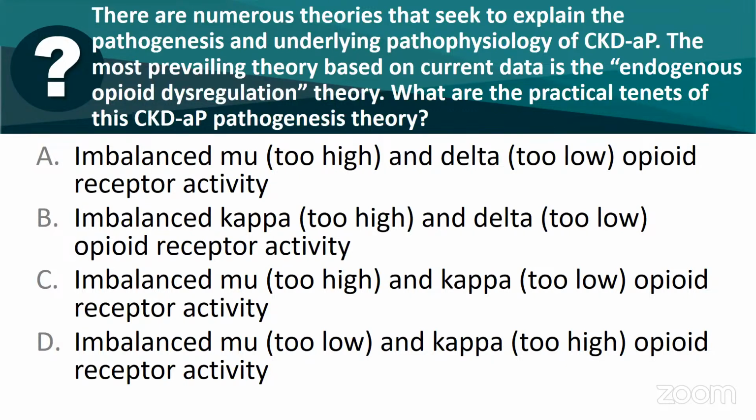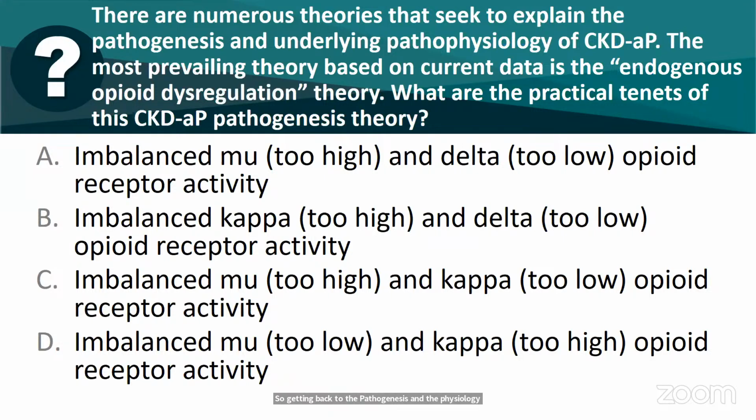Okay, I'm going to give it a couple more seconds here. So the answer to this question is C, which is the imbalanced mu, which is too high, and the kappa too low opioid receptor activity. So getting back to the pathogenesis and the physiology of this, if you can recall from